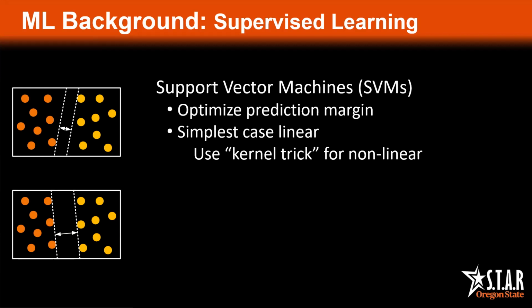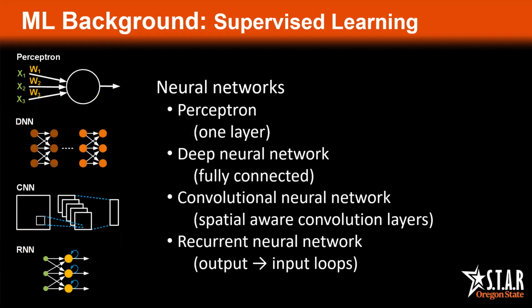While the simplest model variants attempt to separate examples based on linear feature relationships, nonlinear features can also be modeled by using a so-called kernel trick, which maps inputs into a higher dimensional space where a better division can be found. Neural networks are again commonly recognized by their structure, which is reminiscent of neurons in the human brain.